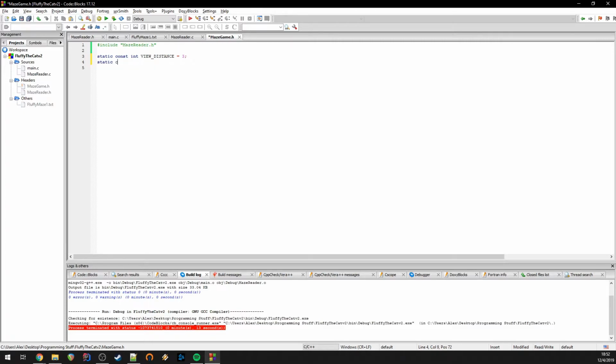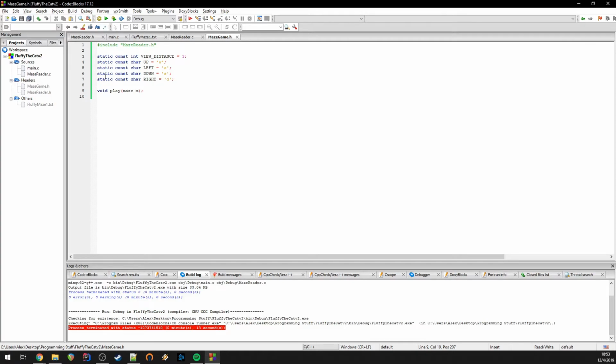So static constant char up is going to be W. And let's copy this. Left is going to be A. Down is going to be S and lowercase s. And left, and actually right, is going to be D. Okay. And I would want to have a function called play, which takes as parameter a maze object and returns